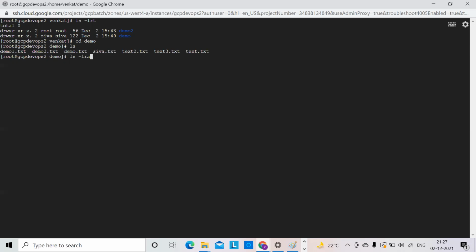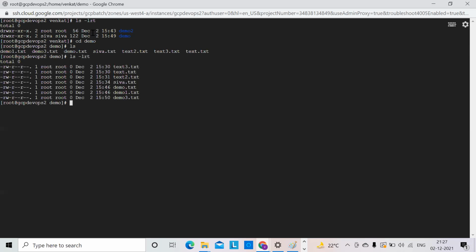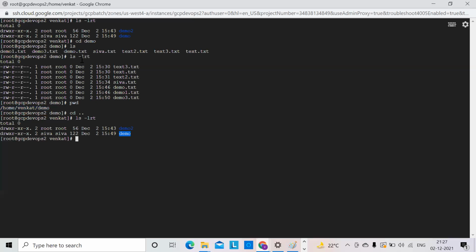Here, there are so many files. These files are again owned by root. Now, we are in the home directory, in Venkat and demo. So we are in the demo folder. In the demo folder, all files are owned by root, but I don't want that. So go to cd .. Here demo is owned by Siva, but the files in demo are not owned by Siva. So how can I simply chown -R,